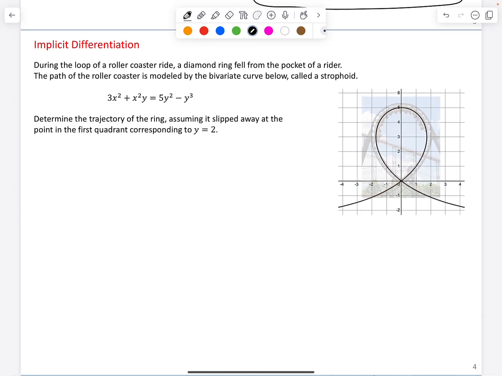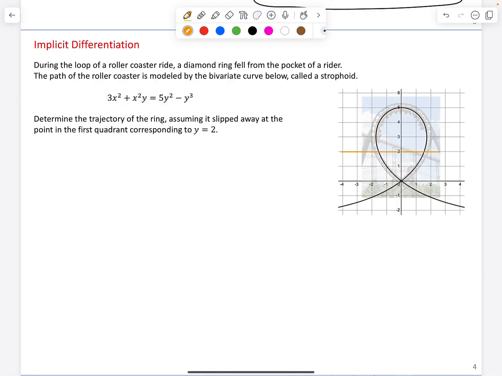During the loop of a roller coaster ride, a diamond ring fell from the pocket of a rider. The path of the roller coaster is modeled by the bivariate curve below called a strophoid. Here's our strophoid equation. It makes this loop, which models the loop of our roller coaster. Determine the trajectory of the ring, assuming it slipped away at the point in the first quadrant corresponding to y